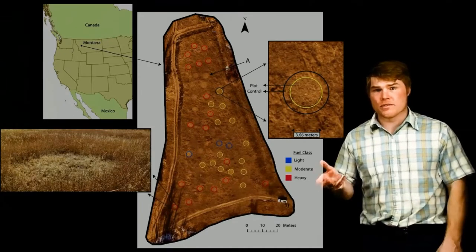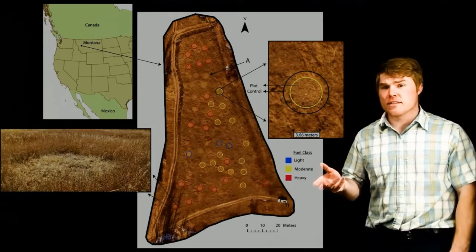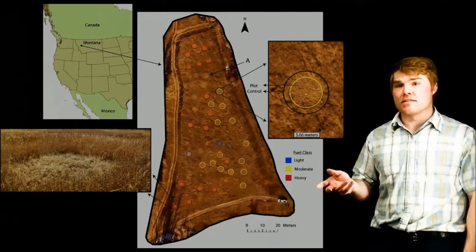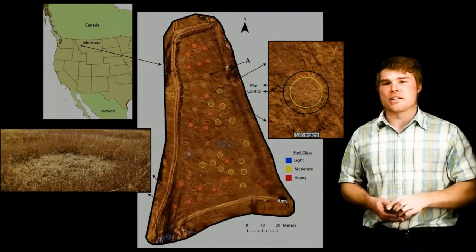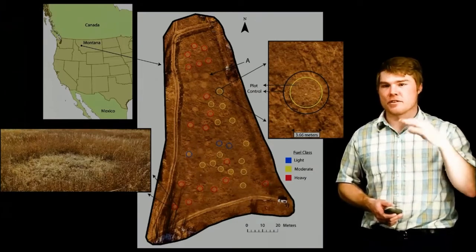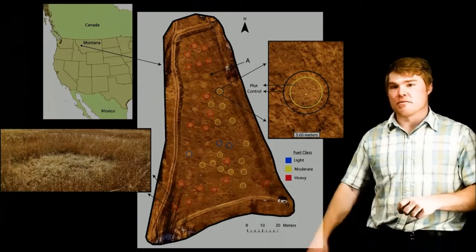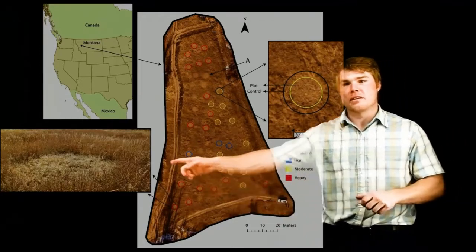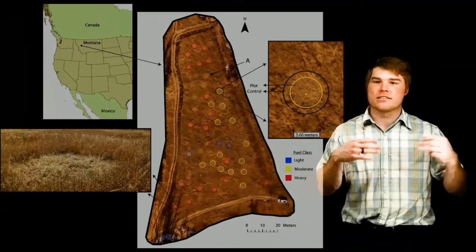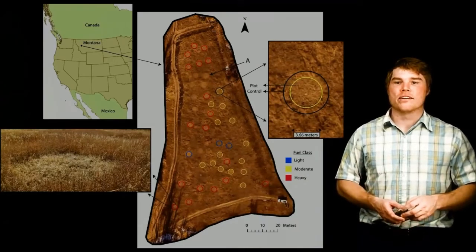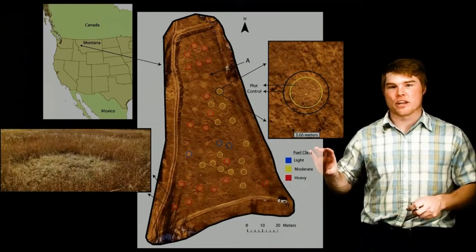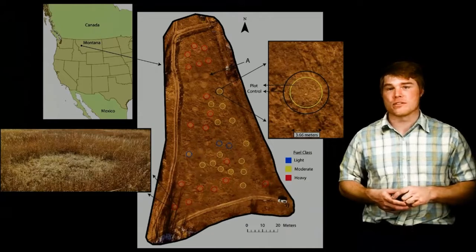We used a factor variable of fuel class here, and that is because we cut everything. The treatment itself was all done the same way. It's cut to the same height, fuel's left in it. But if you have more starting fuel, then the degree of change inside versus outside, inside the plot versus the control, is different. So we want to control for that by classifying these fuels.